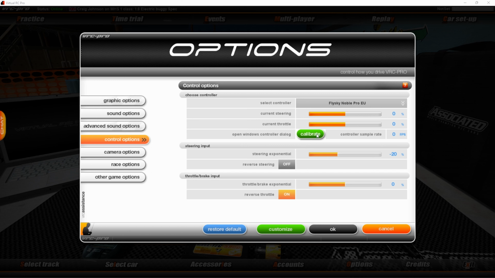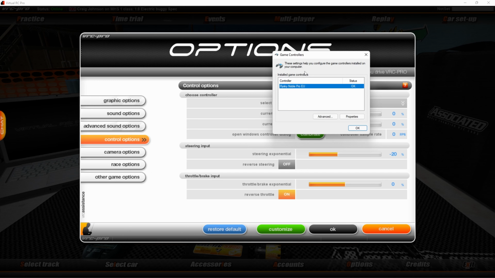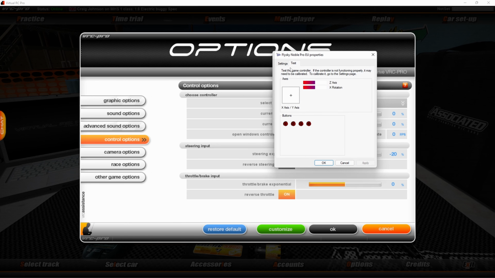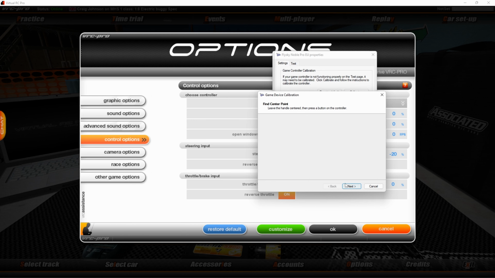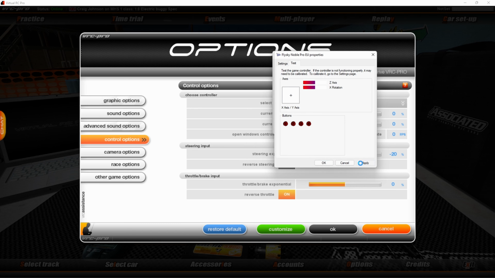You can also just use the throttle and brake trim and steering trim, but on the Noble Pro, because it works with the Windows calibration screen, you can click on properties, come to this screen and press calibrate. Then you just press next. Don't press any buttons on the controller and press next, then go full left, full right, full throttle, full reverse. Do it a few times, make sure it's got it, and it'll center. Then you don't have to worry about these, and just press OK, apply,